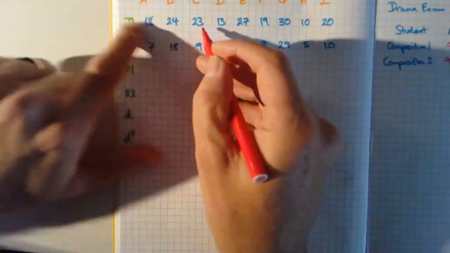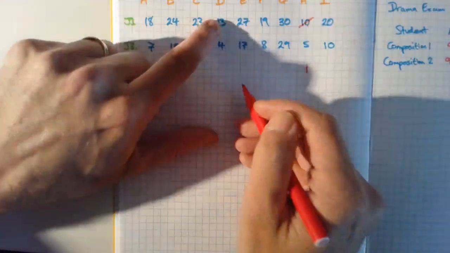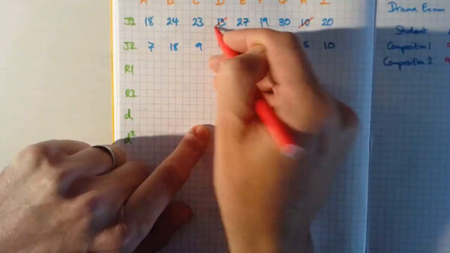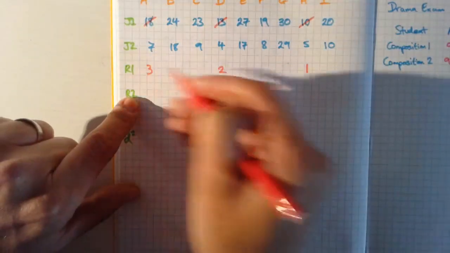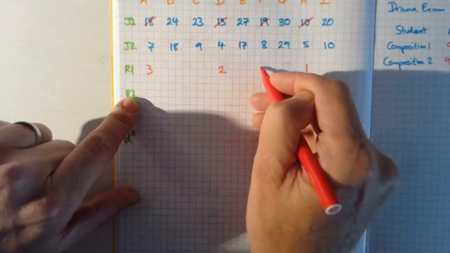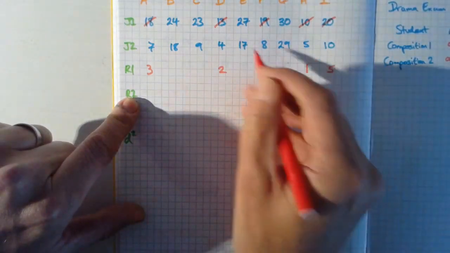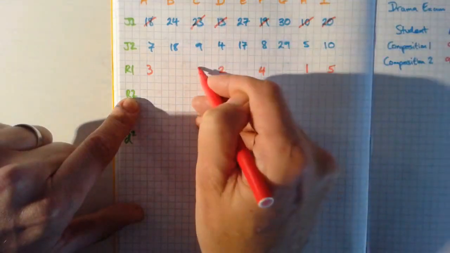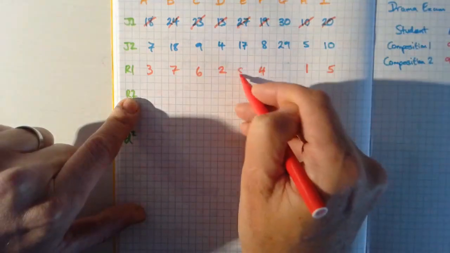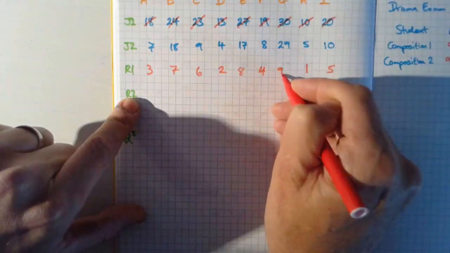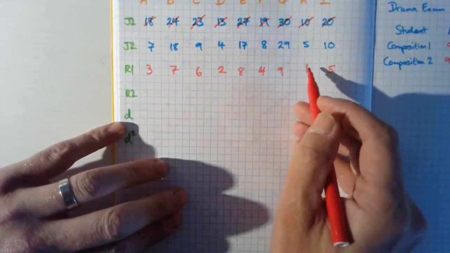So rank 1 for Judge 1 was the lowest score, 1, then we've got 13, then we have 18, then 19, then 20, then 23, then 24, then 27, and then we have 29. So 9 is our highest value, so Judge 1 said it's the best pie,